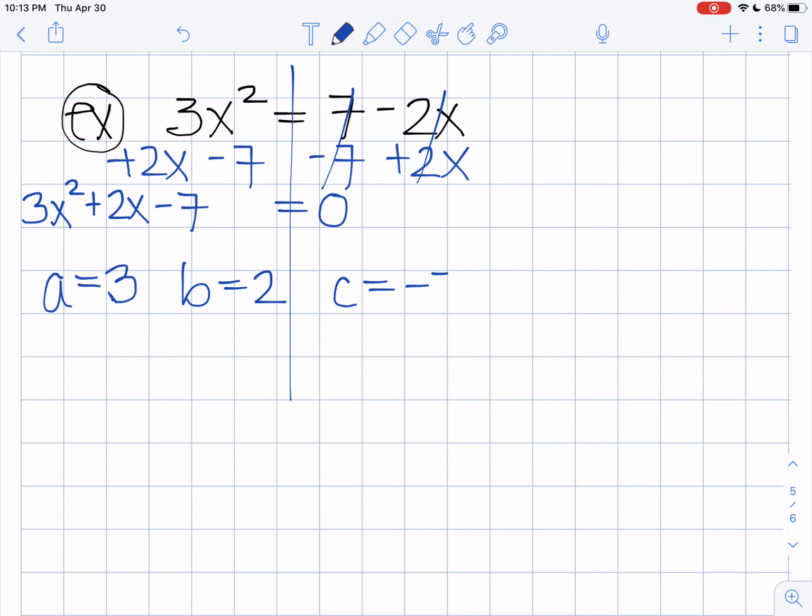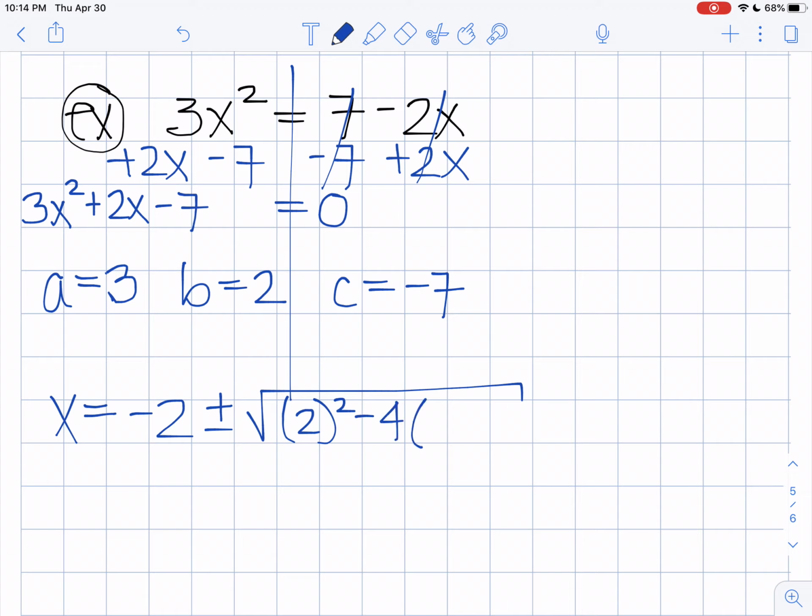And my c value is going to equal -7 because that's the value that's by itself, the constant with no x. Now I plug this into the quadratic formula. x is equal to -b, or the opposite of b. So b is 2, so the opposite would be -2, plus or minus the square root of b squared, 2 squared, minus 4 times a, which is 3, and c, which is -7, all divided by 2 times a, which